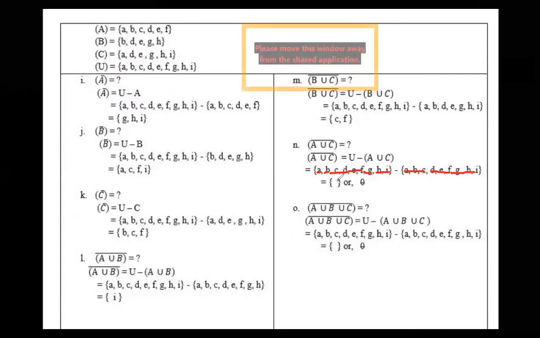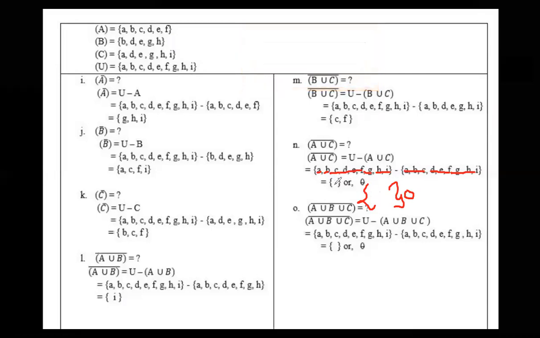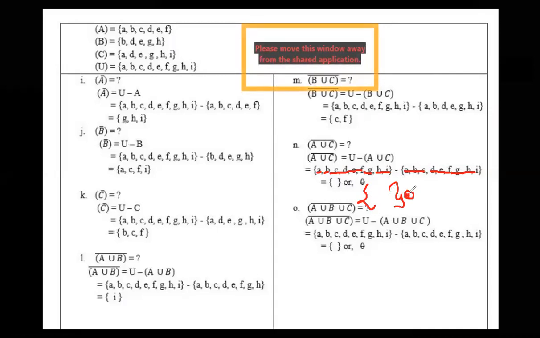Remember, zero is not your answer here. So what you need to do? Put the curly bracket. Don't write any numbers. Just put the curly bracket only, and inside the curly bracket, don't write anything, because the answer of this one is nothing. That means inside the curly bracket, write down nothing. There is nothing, so just put the curly bracket, blank curly bracket, empty set.